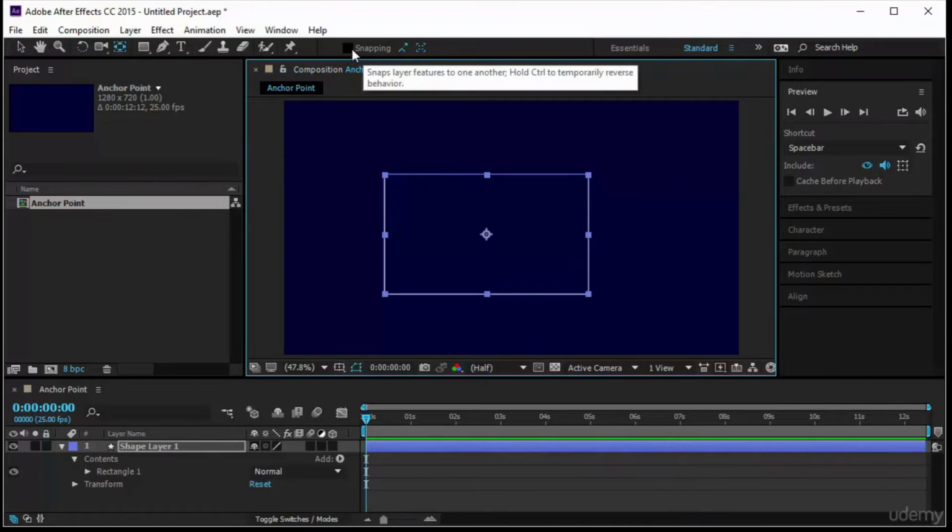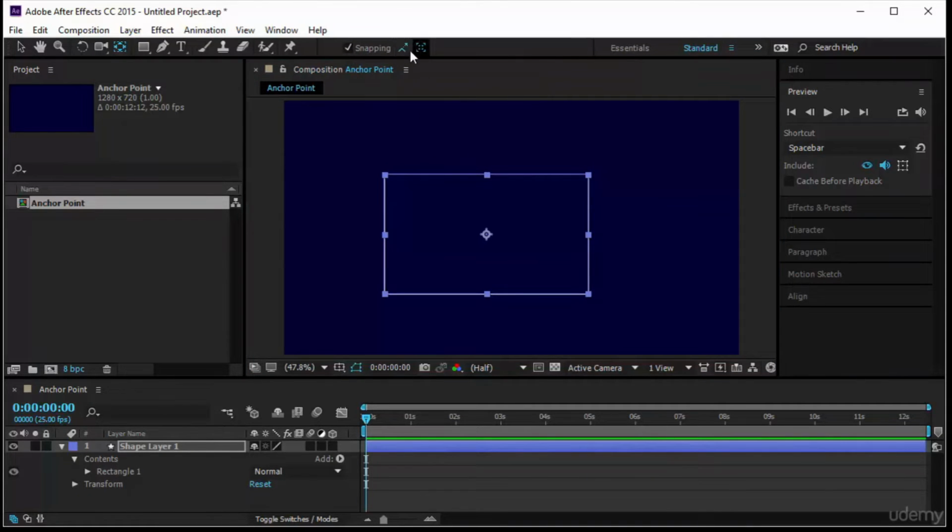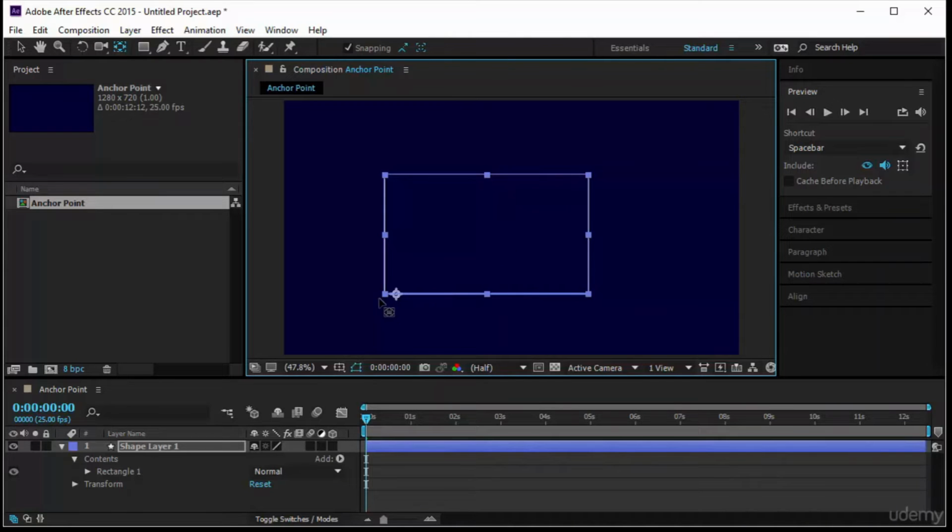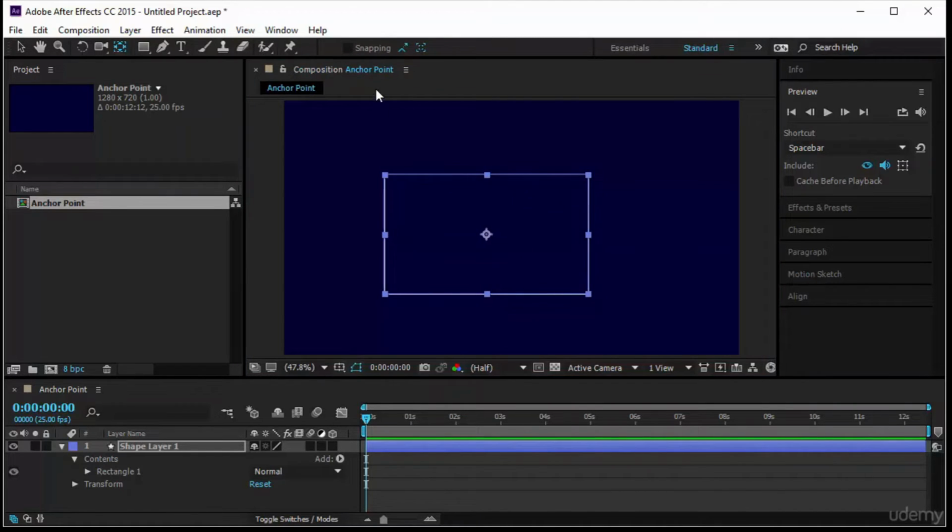Now the first option is to use snapping, and I'm not using these two. I'm not going to explain these two about snapping here. I'm just going to explain about the anchor point. Now if I move the anchor point, it will move to the corners or to where there are some delimiters for the shape. But if I don't want to use snapping, I can hold Control and now